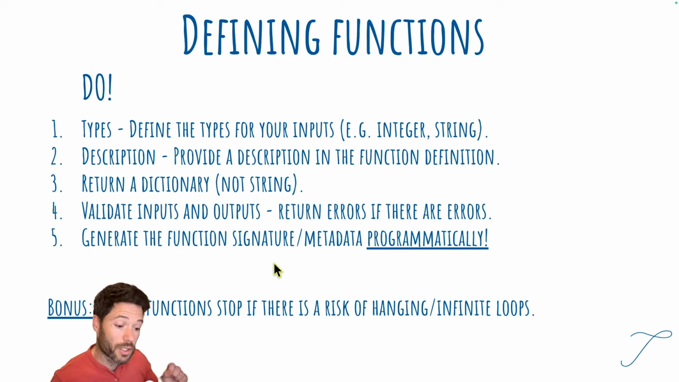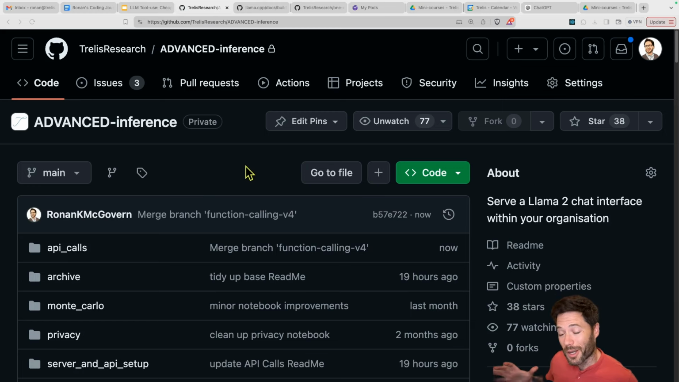What I am going to do is dive into VS Code and some examples. The repository I'm going to be working out of is the Trelis Research Advanced Inference repo. Now, hopefully just by watching the video, you'll be able to grasp most of the high-level points and just implement